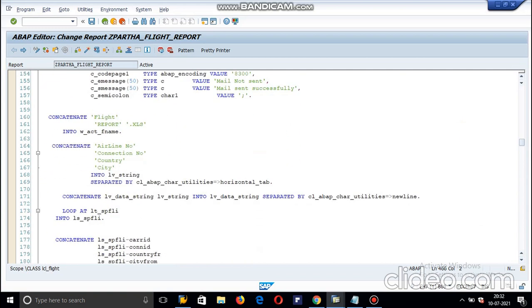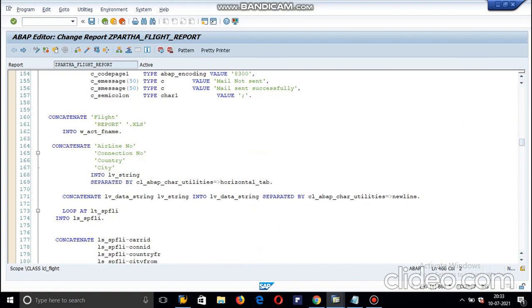First it will create the file name for that particular Excel with the extension, concatenating it into a particular variable. Now we are creating the Excel.